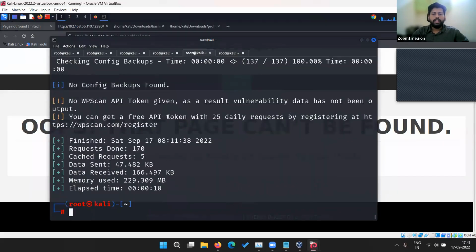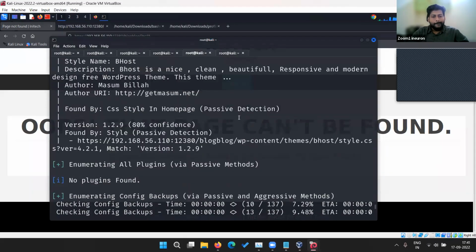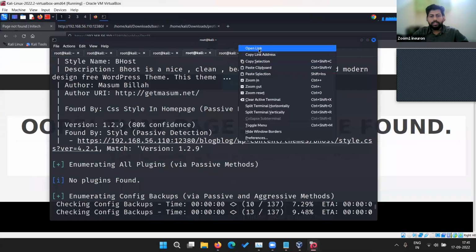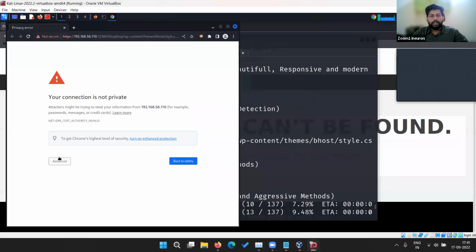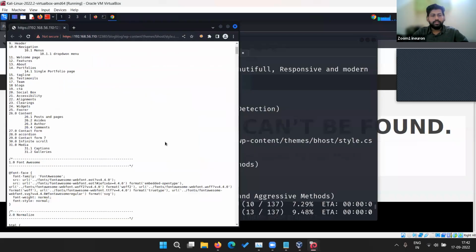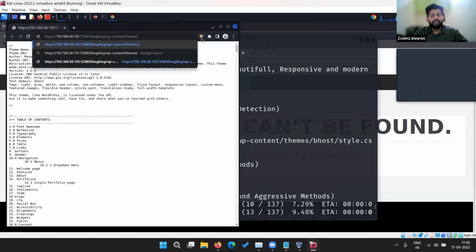Oh, it has scanned and it is showing some timeout. No problem. So there you can see we got something, WP content. So let's open this. And yeah, we go to the advanced option, then we can just proceed. So here you can see we got the host theme information, that is something on the WP theme. So I will just use this particular one, cut it, Control A, copy, close,